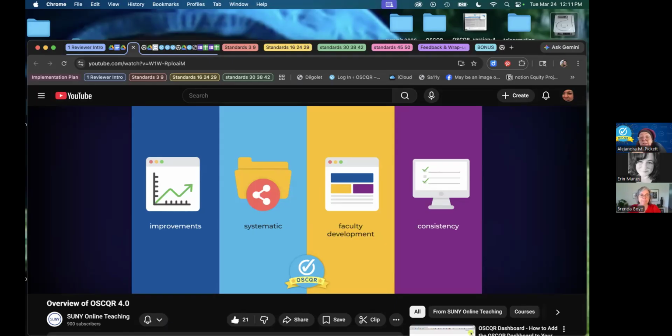So I would recommend that you take a look at that at some point and share it if you're trying to adopt OSCQR or share information about OSCQR. This is a great resource to have to do that.